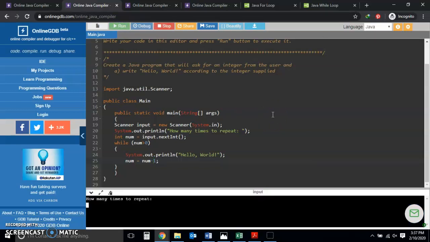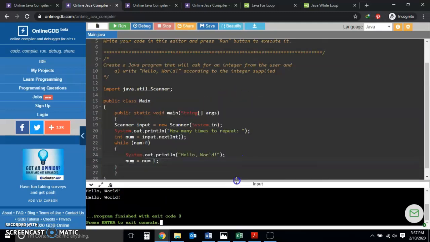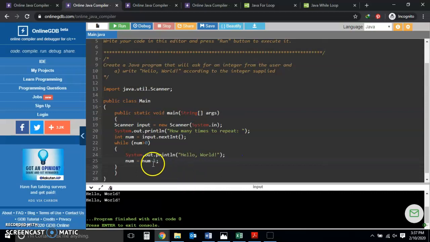So how many times to repeat? Let's say I want to repeat it 4 times. So hello world should be repeated 4 times here. 1, 2, 3, 4. And that is a success. So that is using a while loop. Next we are going to use, oopsie,